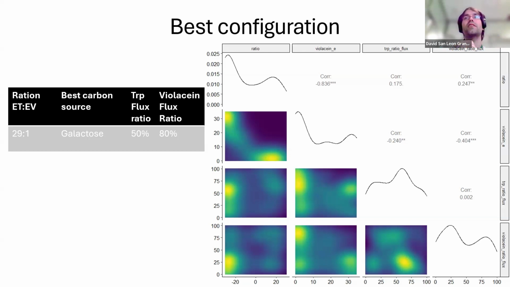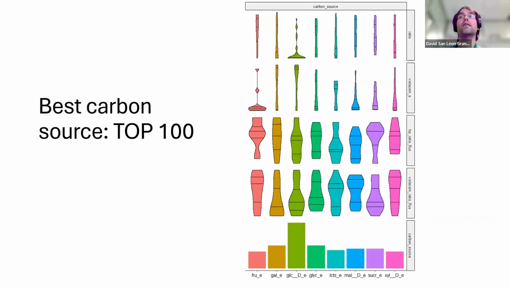The ratio is put as minus because the ratio for FLYCOP I put as the violacein producer over the tryptophan producer, and all of the ratios are negative. So in the case of the carbon sources, I checked what's going on to see how the best results are related, for example with the violacein production. Not only the top one, galactose, is good; there are several configurations that we see in this